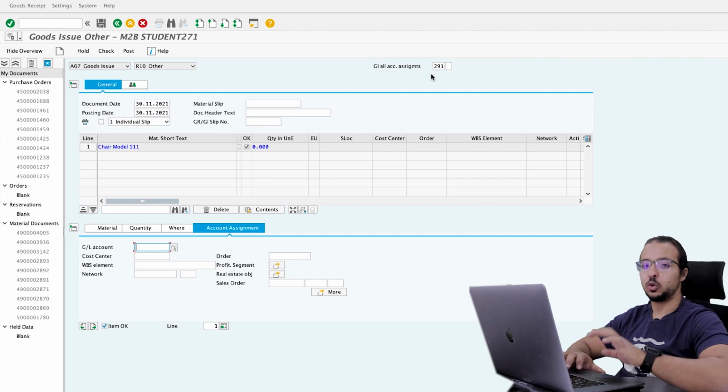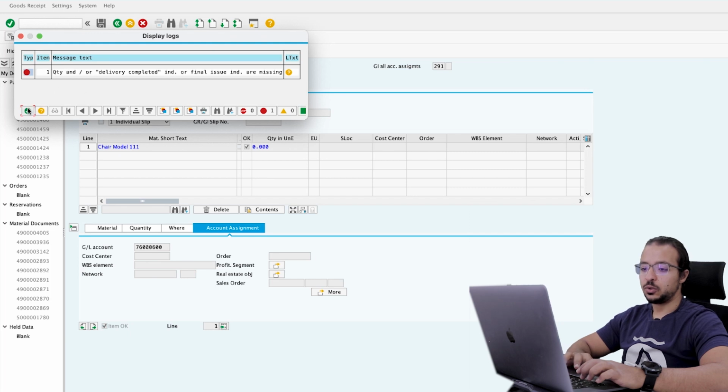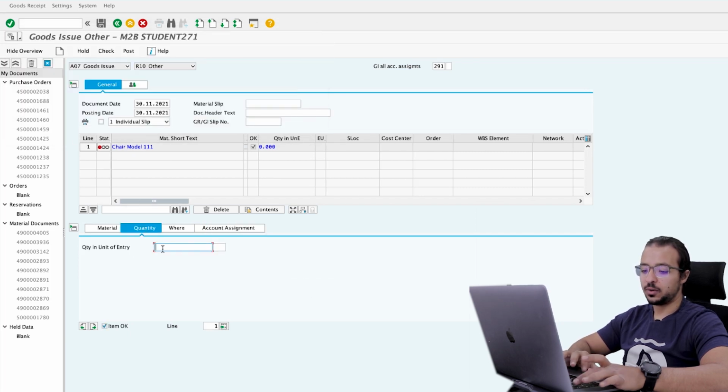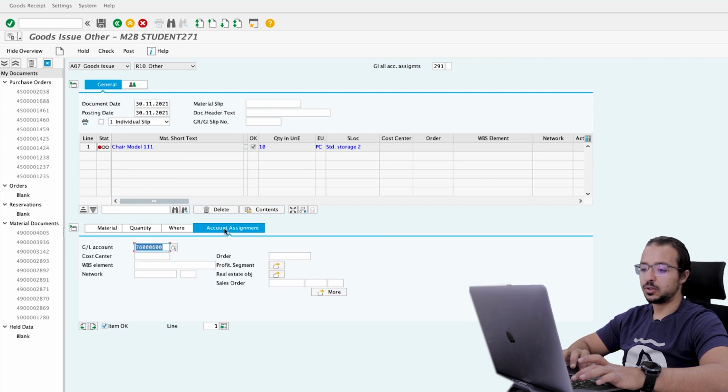So the movement type controls the fields that we can post to, and also the field status variant of the GL account that we use here. So when I insert my expense account here, for example, enter. Now if I try to post, so let's say check, we need to insert the quantity first. Okay, so let's fill the other fields. I'm going to issue 10 pieces of this chair, from this plant, AG01. Storage location is 171B, enter. Now if I try to post account assignment,